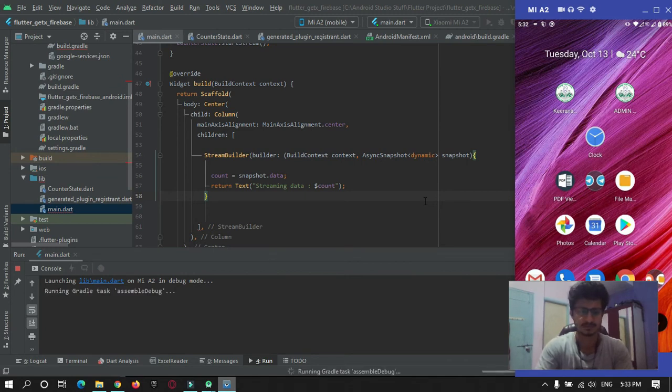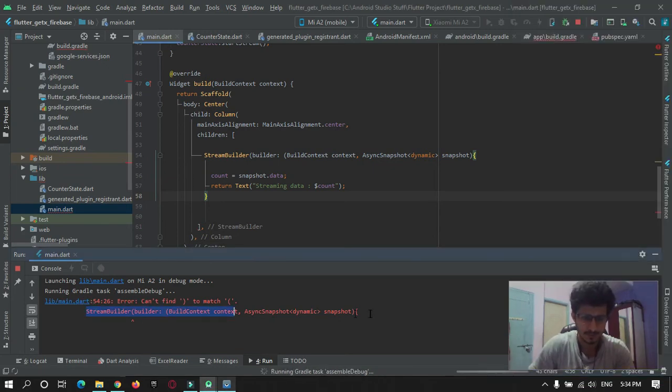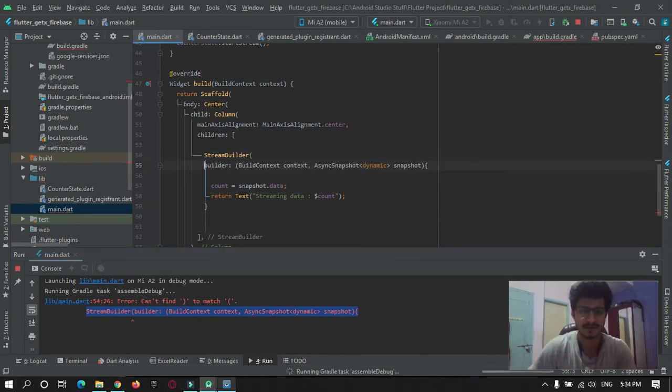The app is running. It may take some time to build, so I will just fast forward over here. Okay, it gave me one error because I forgot to add the stream from where the data is being fetched.